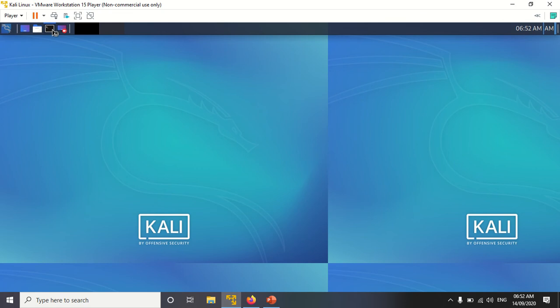Okay, this is the terminal of Kali Linux. It took some time to open.